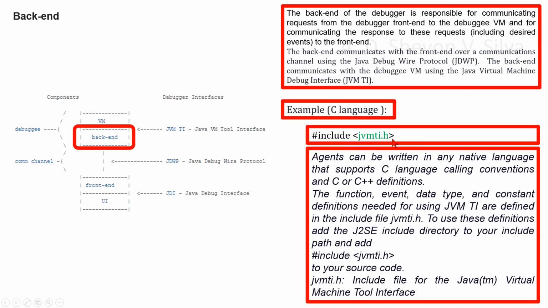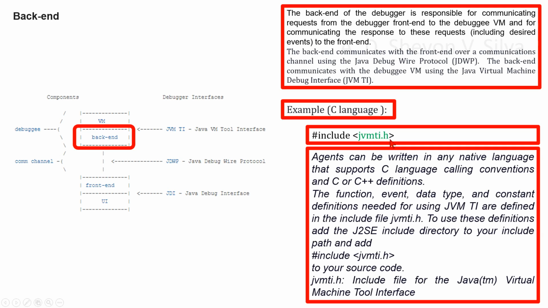Agents can be written in any native language that supports C language calling conventions and C or C++ definitions. The function, event, data type and constant definitions needed for using JVM TI are defined in the include file